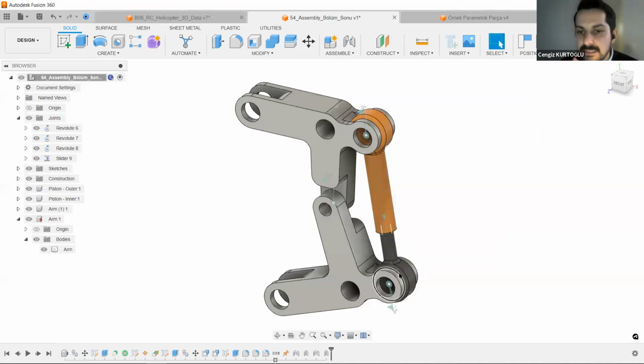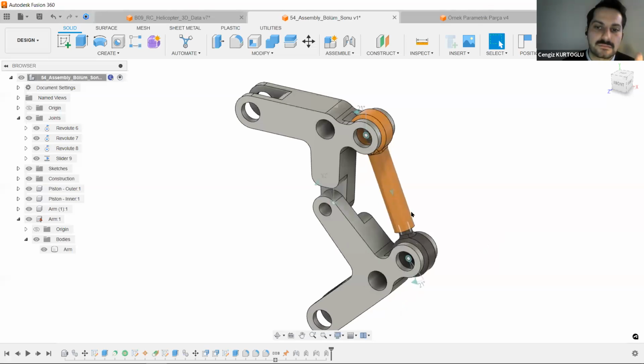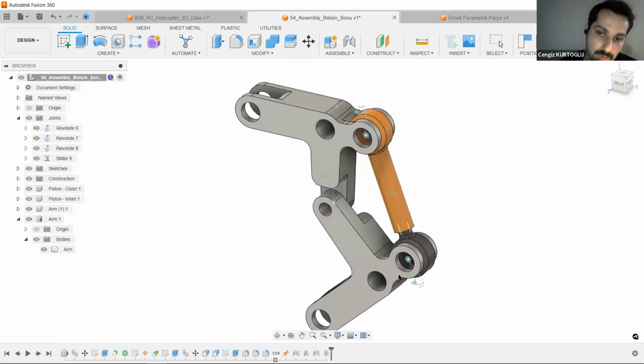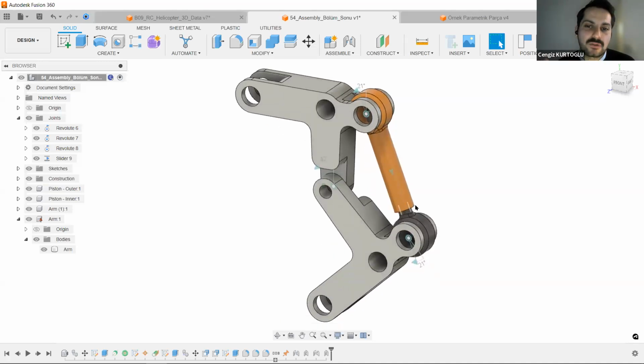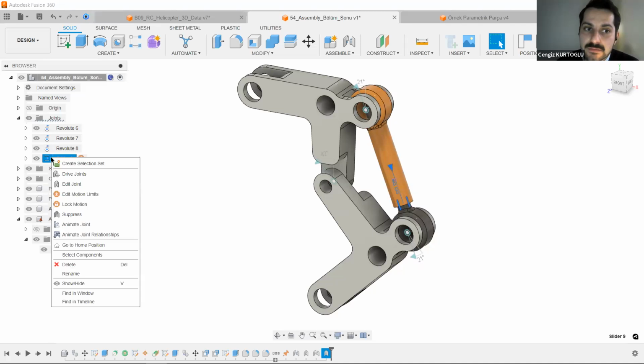After assigning the limits of your parts, this is the final point for this mechanism. So it's important to get knowledge about the strict limits of your joints. In these parts, you can animate your assemblies using animate joints